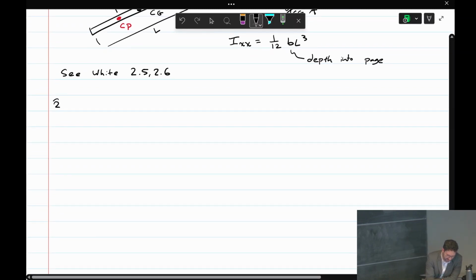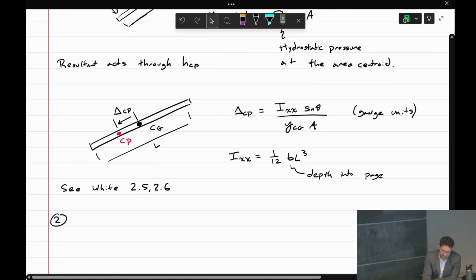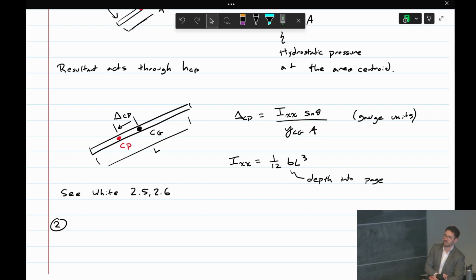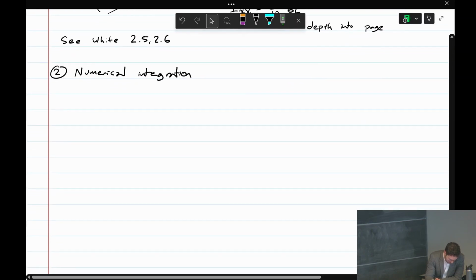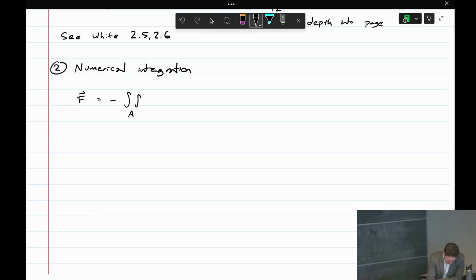So now the numerical integration is the second method we talked about, and this is probably the more practical one. All the analytical formulas we were just able to derive start getting very complicated when you have an arbitrary geometry. So the force was this area integral here. You can approximate that